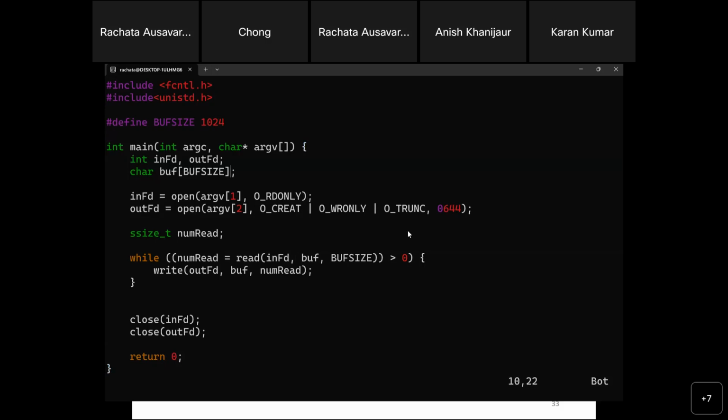I say, okay, give me 1024 bytes of data from the file, from the beginning to the end, 1024 bytes at a time. I read them and write them back to the output file, and then I close the two file descriptors. Any question? Again, open, read, write. I'm done. Close.